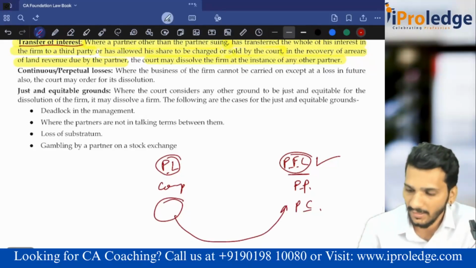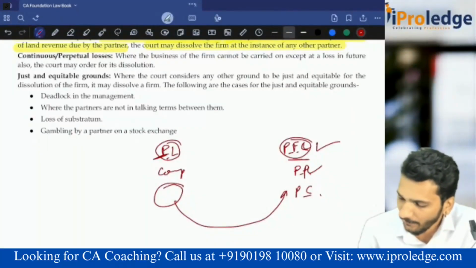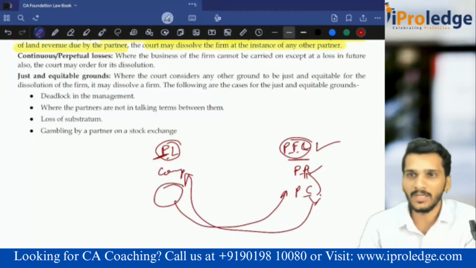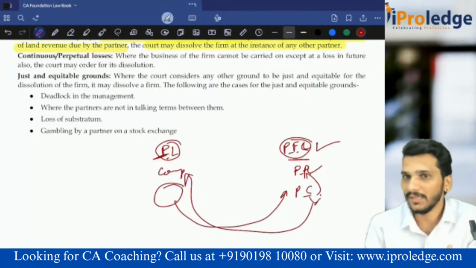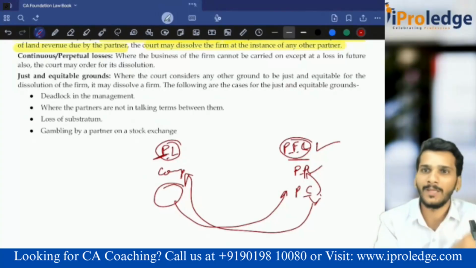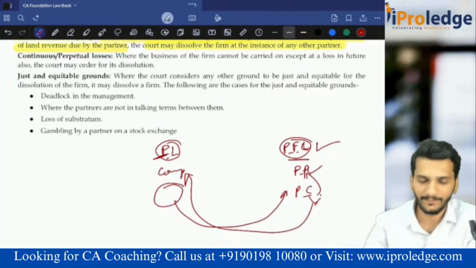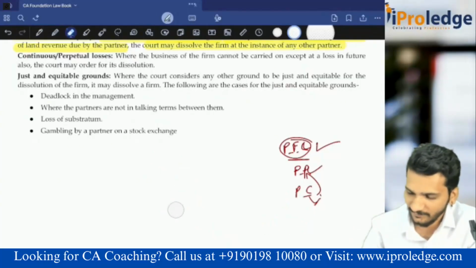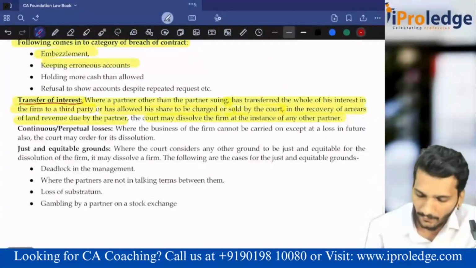The same way, if the partnership firm's liability is completed and some profit is left, then only it will be distributed to those people. Partnership property is first for the partnership's liability, then if there is anything left, it can be used by the partner. Partner's property is first for the partner's liability, then for the partnership firm's liability. That is what this thing is.